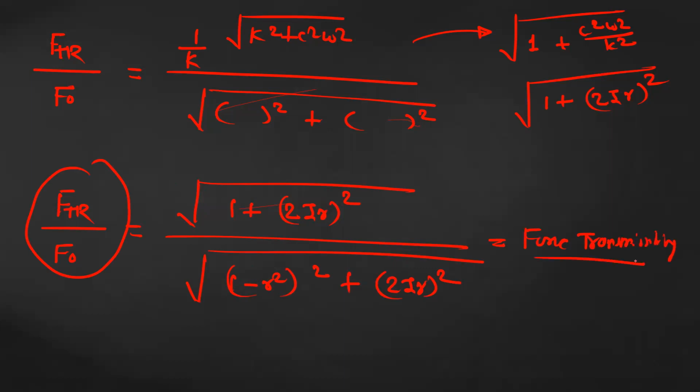The force transmissibility is nothing but the amount of force transmitted to the foundation or to the support relative to the force impressed, or force created, by the machine. This is F0. And if you plot the characteristic curve, you will get the same curve as that of the motion transmissibility. This equation is used in order to design the proper isolator or anti-vibration mount for vibrating machines like compressors, pumps, and lathe machines.